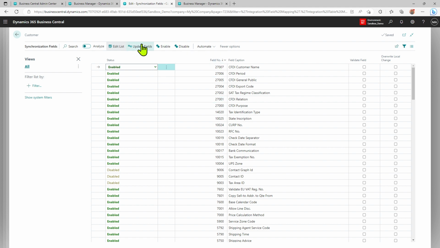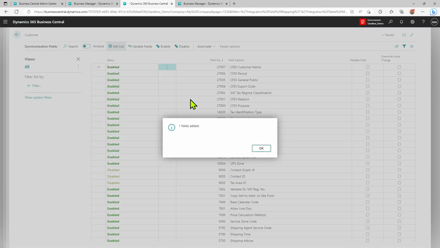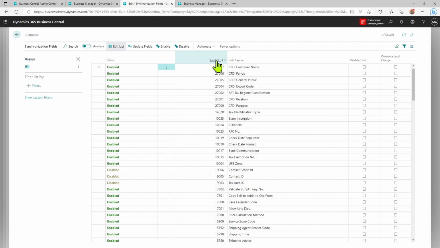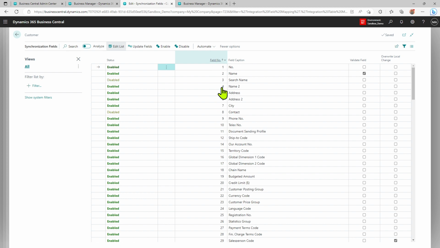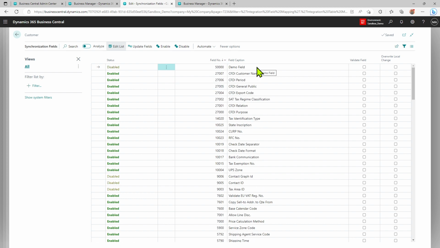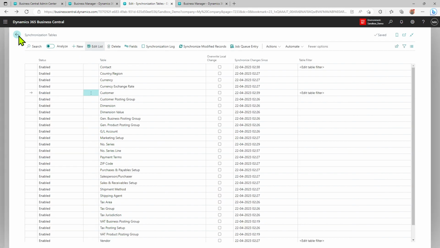So what you need to do is on the top there is an action called update fields, and as soon as you click on it, it reruns the schema check and identifies if there is a new field and tells you how many fields are added. So now if you look at it, there should be a 50,000 field called demo field, and it's by default set to disable, so you can enable it. So whenever you sync it now, the demo field will also get copied. So that simple is to set up